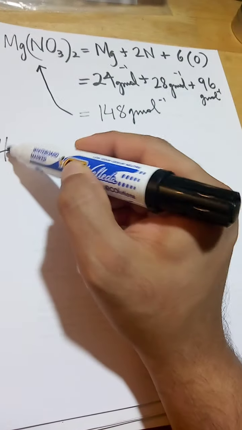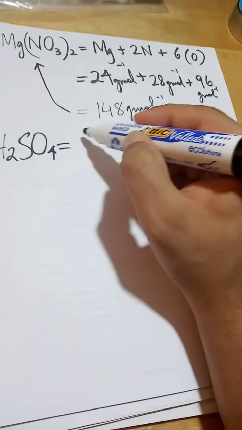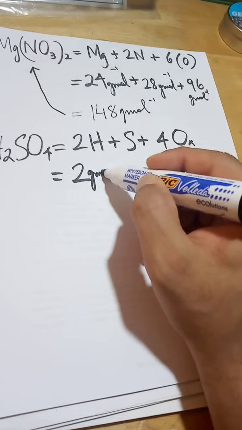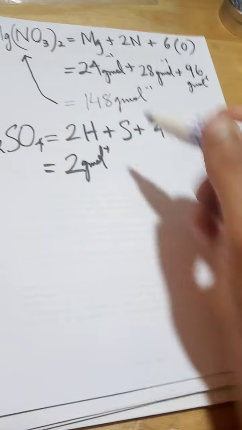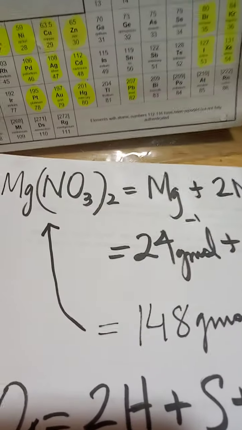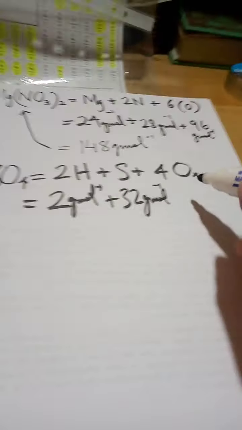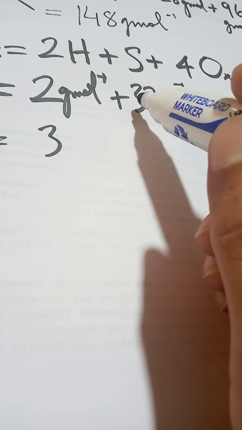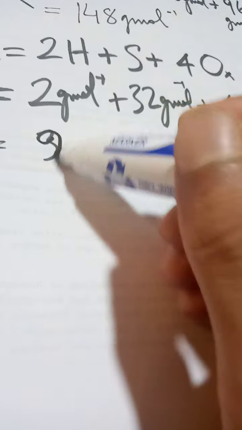We'll go over to sulfuric acid, the king of acids. That's 2 H atoms plus 1 sulfur atom and 4 oxygen atoms. So that's 2 grams per mole, because hydrogen is 1 gram per mole, and that's 32 grams per mole. Sulfur, let me just double check. Sulfur is 32 grams per mole, that's correct. And then 4 times 16 is 64 grams per mole. So that's 2 plus 32, 34, and then 98. So that's 98